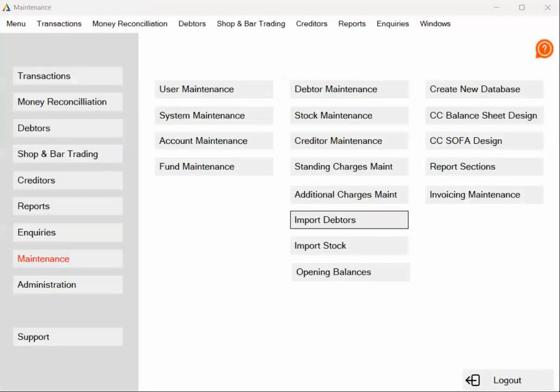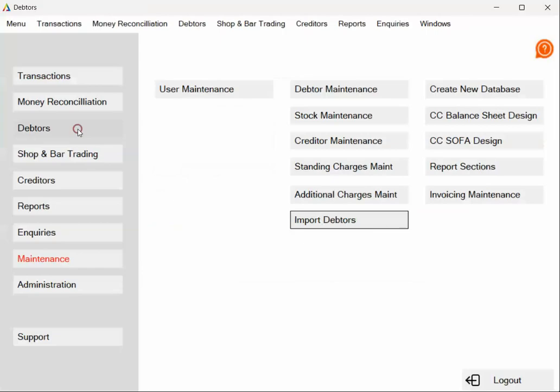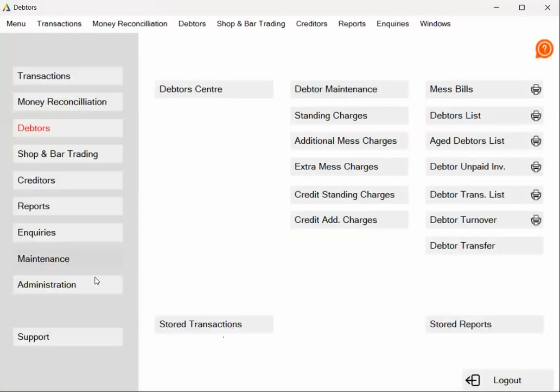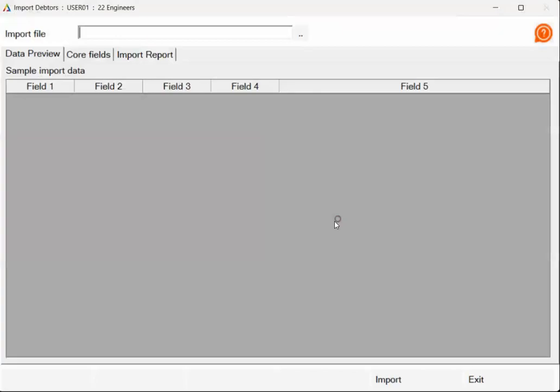Now we can move on to adding the debtors. So if you do have debtors that you wish to add, you can use the import debtors, or you can manually add them into debtors and debtor maintenance. If we go back and have a look at our import debtors. So what you'll need to do from version 7 is extract out a list of all your debtors, and then you can remove all the ones you don't want to import from the file, and then we can import them here. So in the import file, click on the button with the dots,